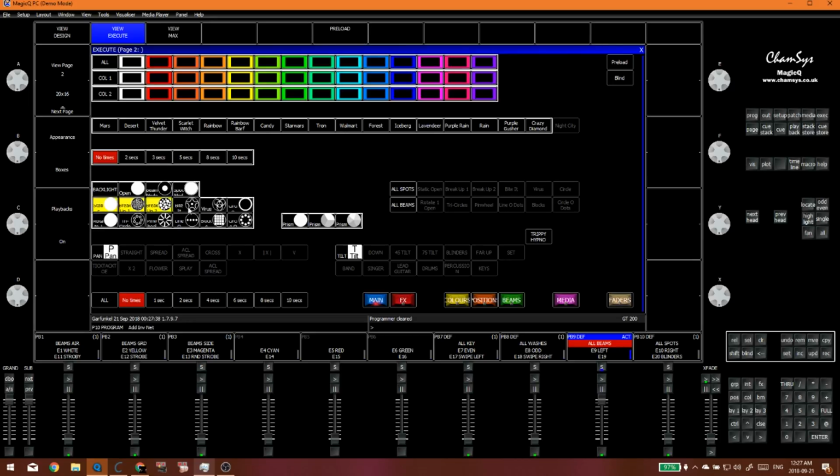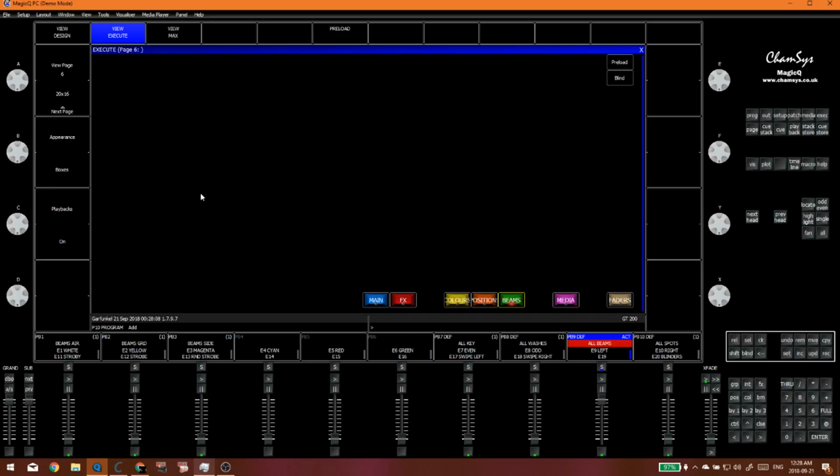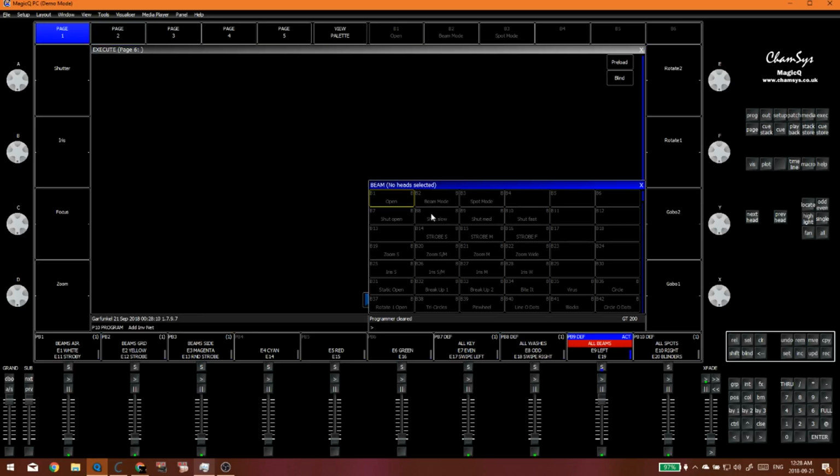So I'm just trying to figure out the most common Gobos I'm going to come across over any type of fixture. So obviously a circle Gobo, although not a lot of fixtures have the circle, and I love it. It's the coolest Gobo by far. One of the nicest Gobos though is Pebbles. I've called it Breakup 2, but the icon is Pebbles, and it will always be Pebbles. So you can see this beam page is very empty, and I'm gonna fix that right now. As you can see, I've kind of